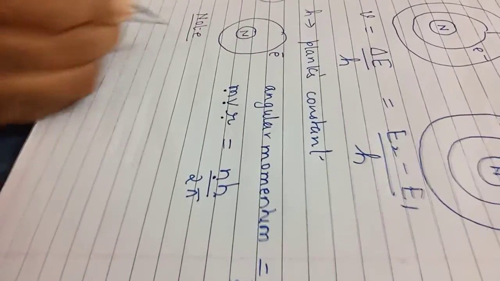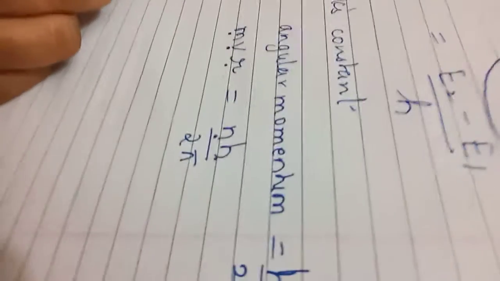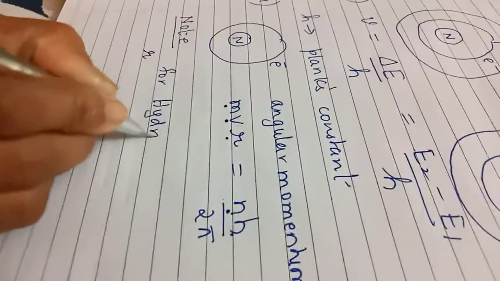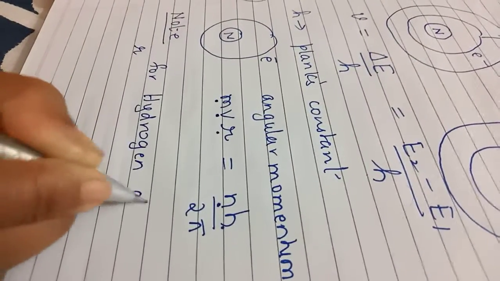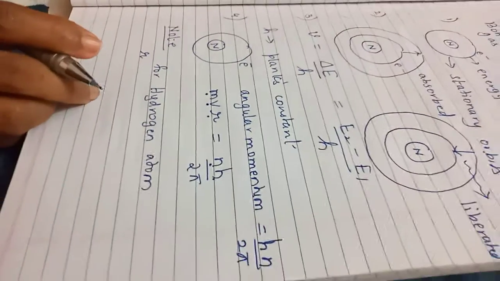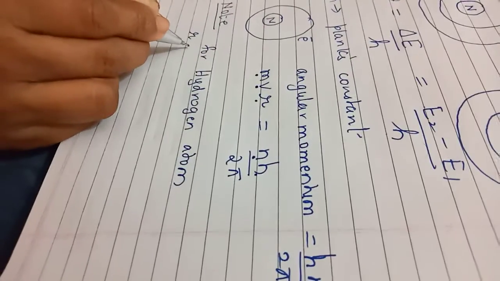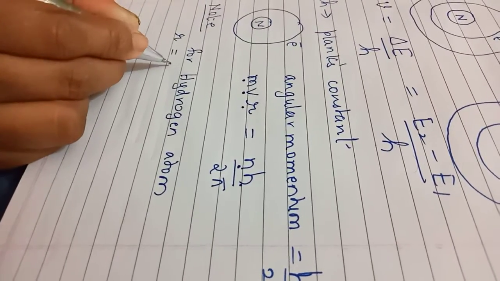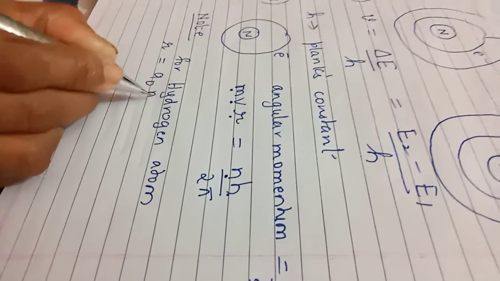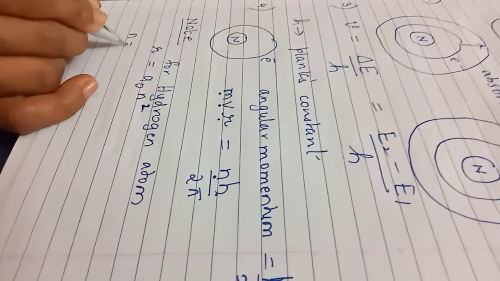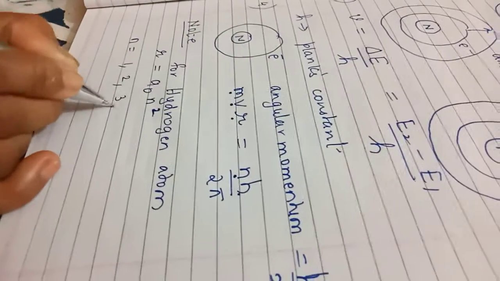Next, some points you want to remember, students. By heart them properly. It is noted that to calculate the radius for hydrogen atom, for hydrogen, you will learn all the details in 12th. For hydrogen atom, the radius is calculated by using the formula R is equal to a naught into n square, where n can be 1, 2, 3, 4.